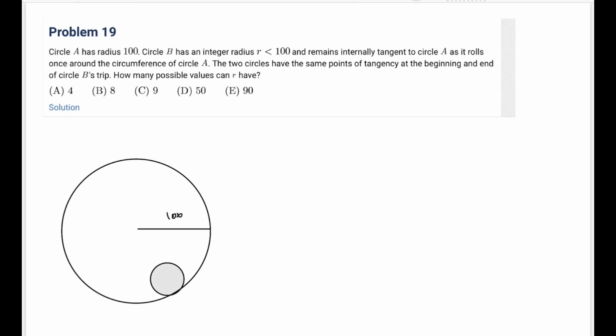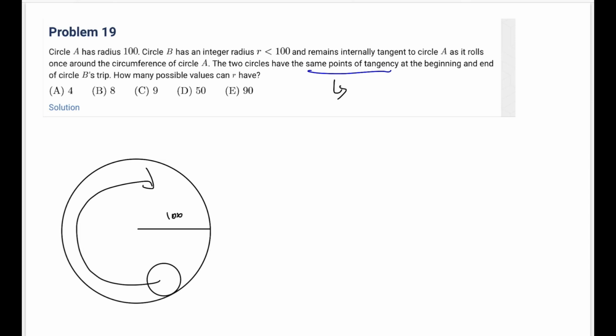It's tangent to the circle A, and it rolls once around like this. And then the two circles have the same points of tangency at the beginning and end of circle B's trip. Okay, so what does this mean? So this means